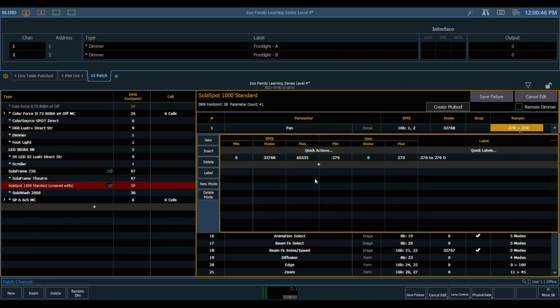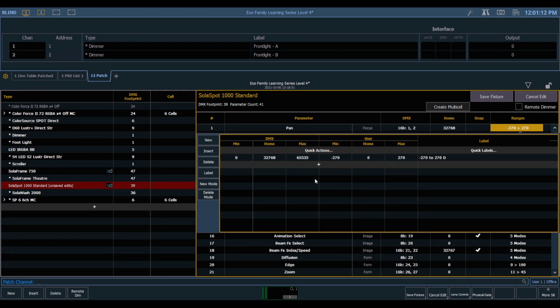So our pan parameter here can go from 0 to 65,535, and there's its home value. And those are the actual mathematical numbers being put out by the console, but that's not very helpful to us as programmers. It's much more useful for us to see the actual degrees of pan that the fixture is putting out.